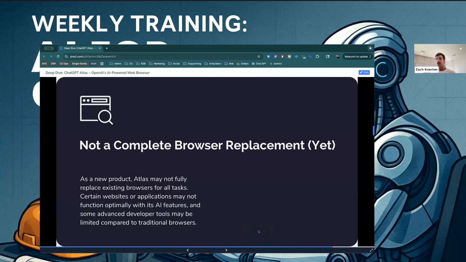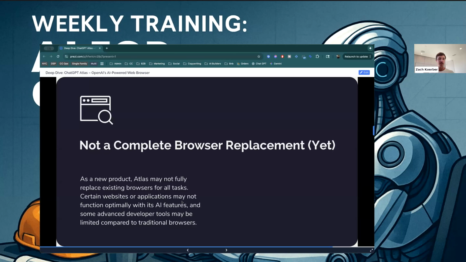But just to be fully transparent with you guys, I've been using Atlas for maybe 4 months. I think it's been out for 3 or 4 months. I've been using it since the day it came out, and I still use Chrome. So it has not gotten me to fully transition yet. There were a couple of bugs at the beginning that I definitely didn't want to transition over. Now I think those bugs are kind of ironed out, but